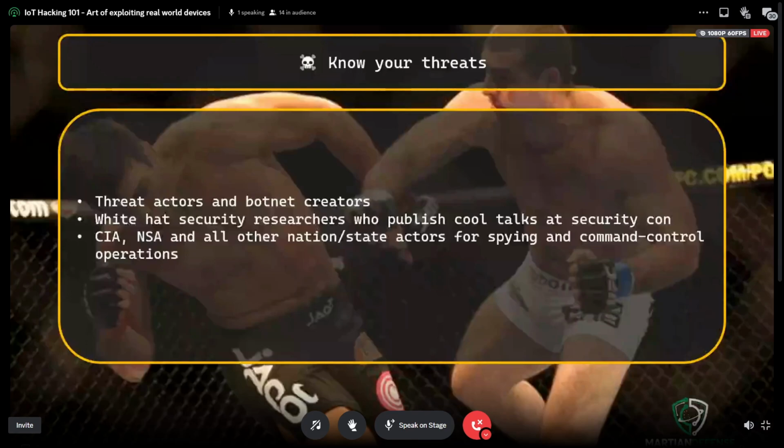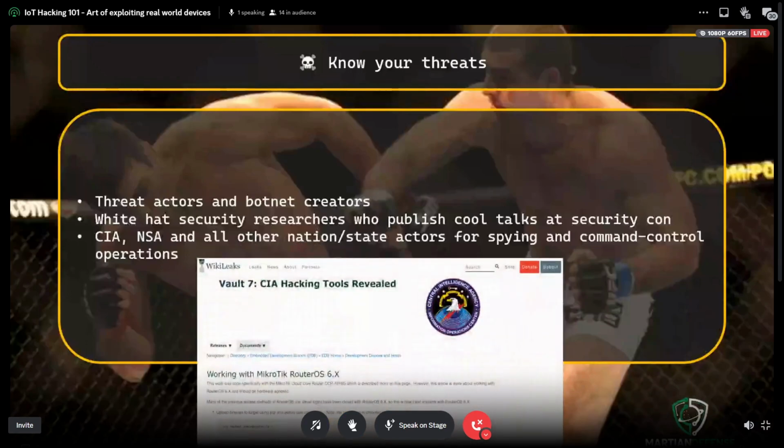If you look at the WikiLeaks Vault 7 CIA hacking tools release and scour through these documents, you would find the CIA working on various things like exploits for routers and their process of exploit development. It's quite interesting to go through these documents because, as a technical person, you also learn their techniques and how they do it.